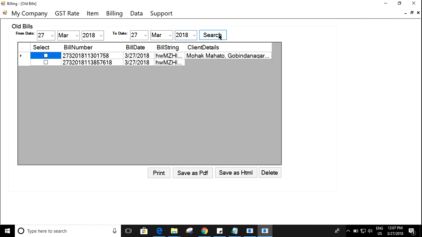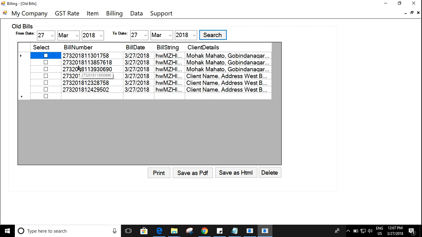Okay, now I am searching. These are the bills I have generated. There are some previous bills that I also generated earlier, so those bills are also listed here on the same date. So all are created on today's date.